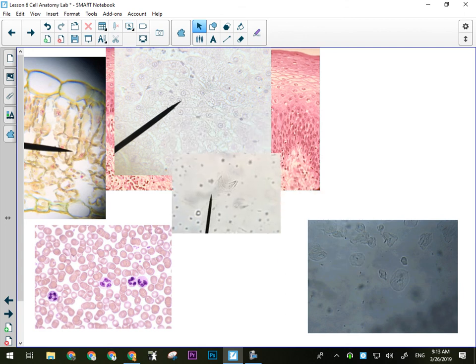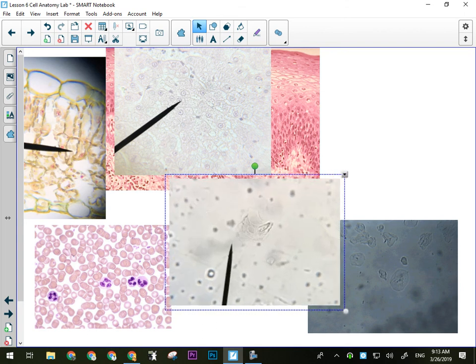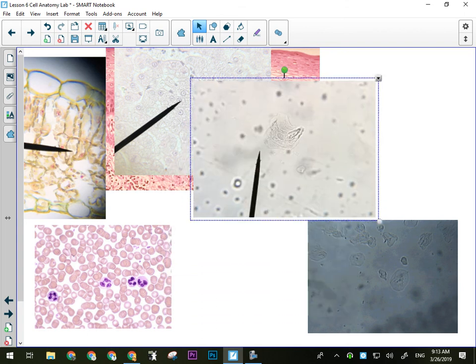These are both pictures that I took of my cheek cells. Typically they're going to be a bit bleached out because they're not stained. No dye has been applied to your slide, so they're a little more transparent. One way to make them stand out is, once you think you've got some cells focused,